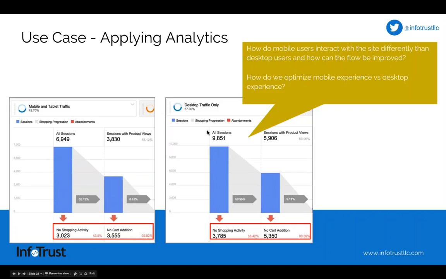So the idea here is that you can use segments and look at these reports to see the difference between the two and learn from one platform to improve the other. Desktop might have less drop-off in the first stage, but maybe mobile has less drop-off later in the stage. So it might be wise to review the mobile or tablet flow of the checkout and see how that can be applied to desktop and vice versa. What can you learn from each platform to optimize the other? That's kind of the concept here with these different reports, and especially when you apply segmentation.